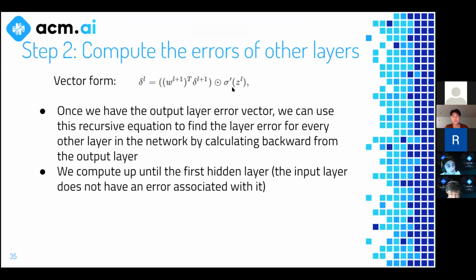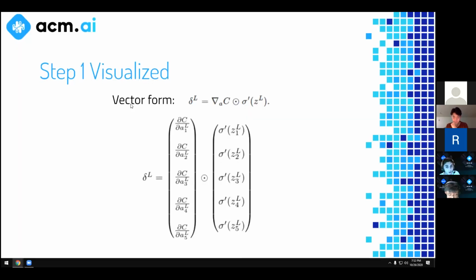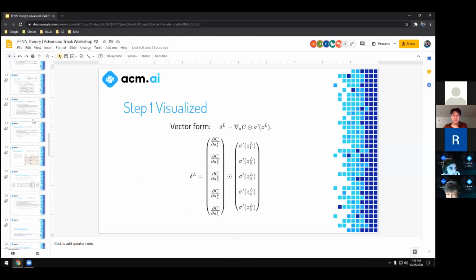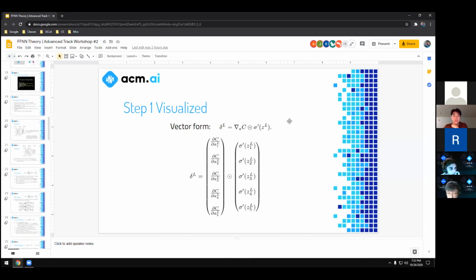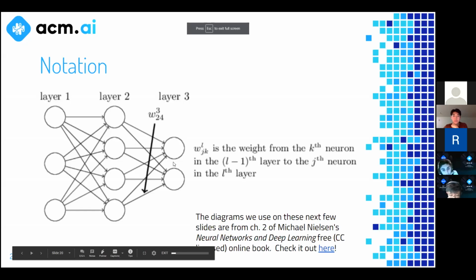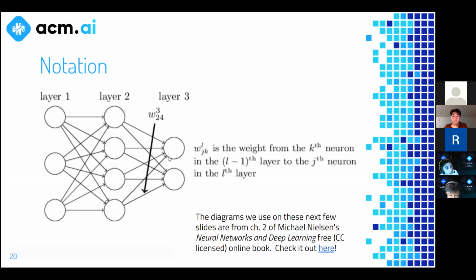It's very analogous. So once again, we already have these ZLs. We have all of these Z values, and we have all these weight values already, right? So all we're doing is using the error values to get the error values in the previous layer again and again and again. So to visualize that, what we've just done is here. The thing we did in the previous equation is we calculated all the errors for these neurons in the output layer, right? So the first equation I showed you guys calculated these two errors.